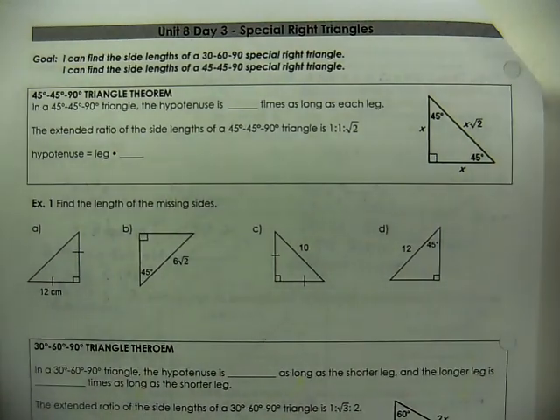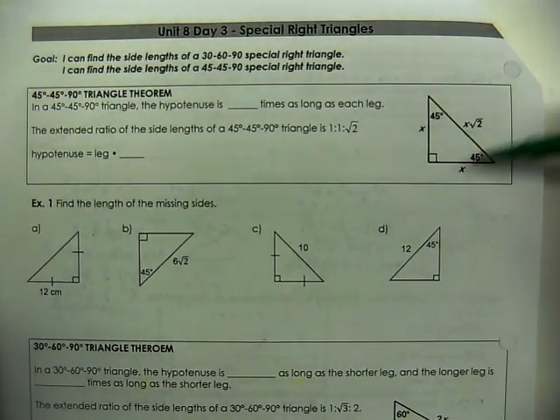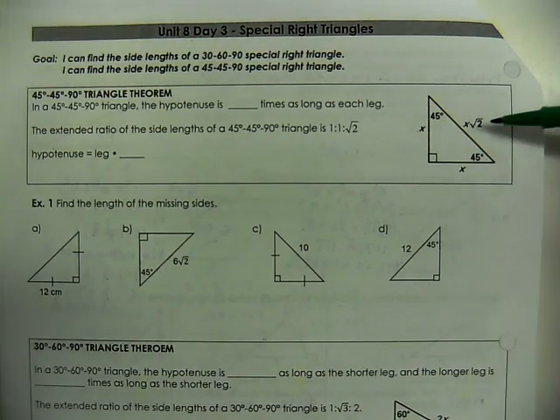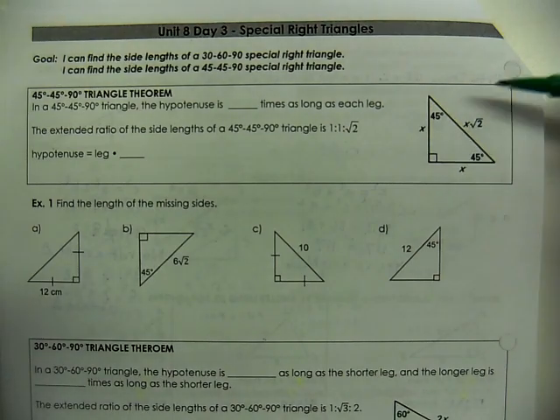In this section, we're talking about our special right triangles. These are still right triangles. The Pythagorean theorem still works on this. You can go a squared plus b squared equals c squared. But typically, when you're using the Pythagorean theorem, you already know two sides to help you find a missing third